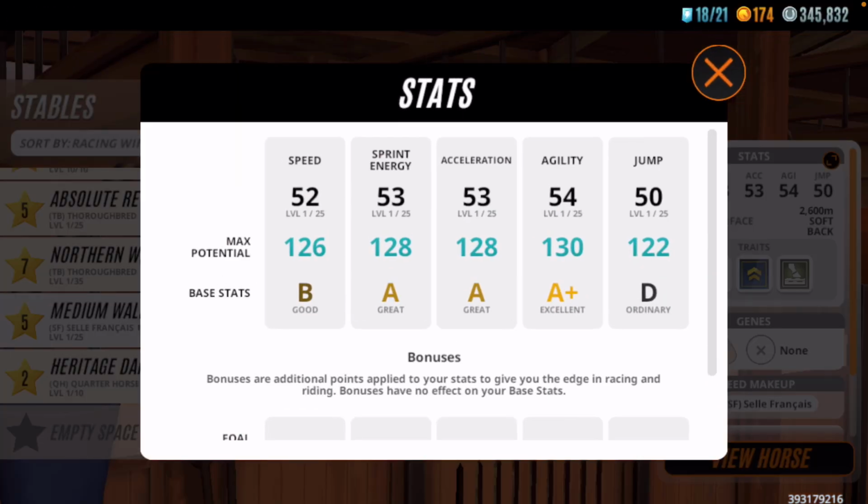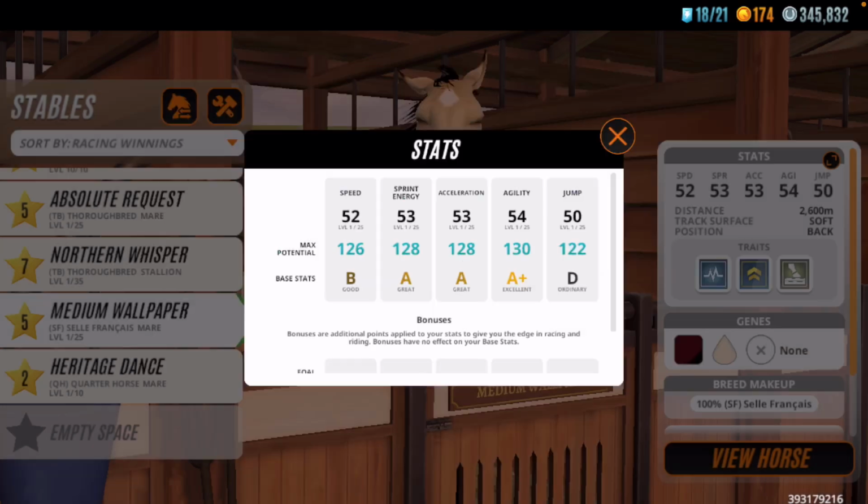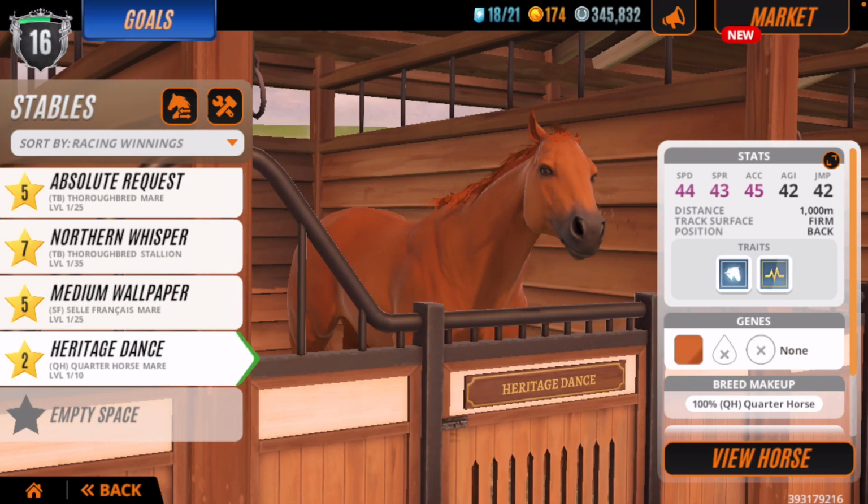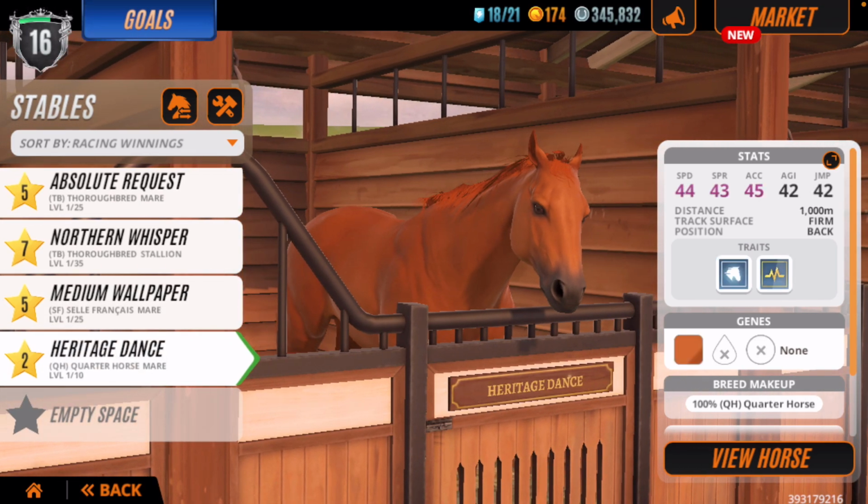And you see her stats, A+ agility. She's definitely a cross-country or jumping type of horse. Jumping is at a D. I'm going to say she's probably better suited potentially for steeplechase or cross country, I should say. One of those two. And last but not least, our quarter horse, my first one that I just received,